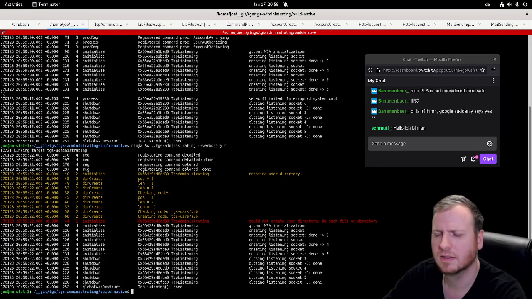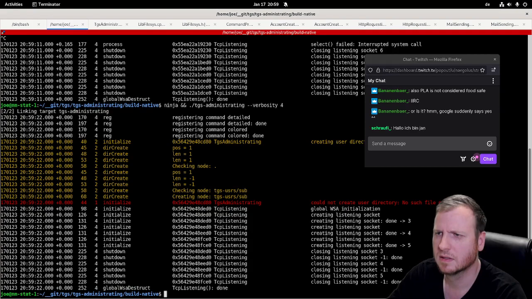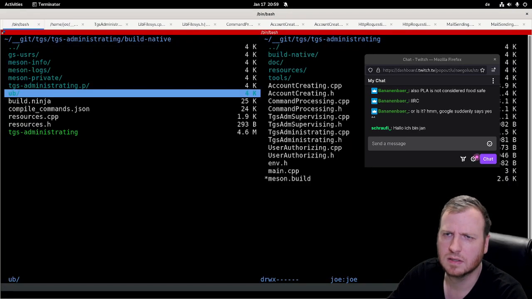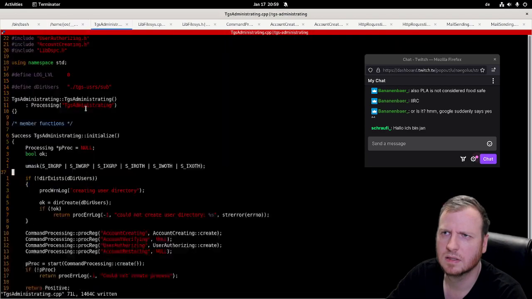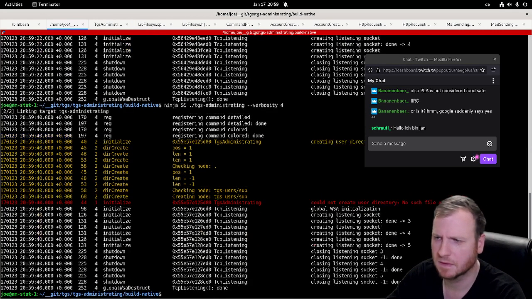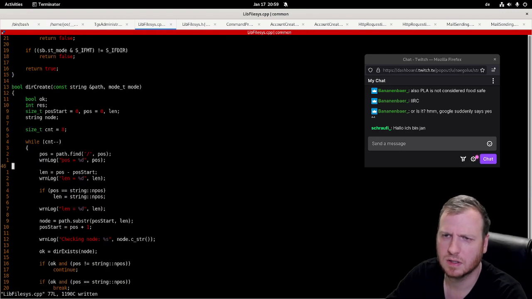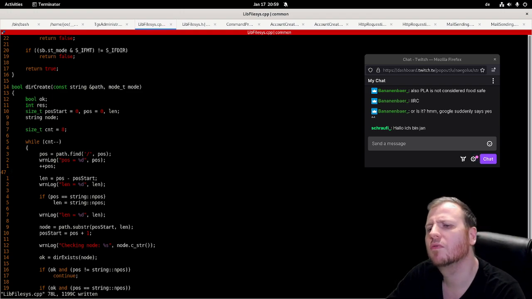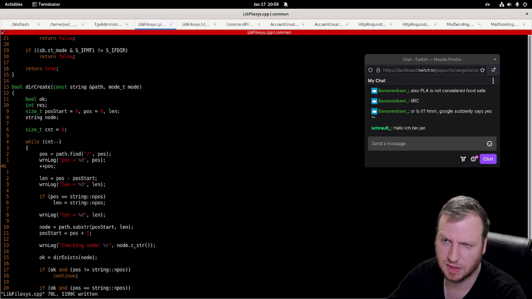Okay, let's see. What is this thing doing? No. Here. Plus. We find this delimiter. Yes, we find this delimiter, and at a certain position, of course, we need to get